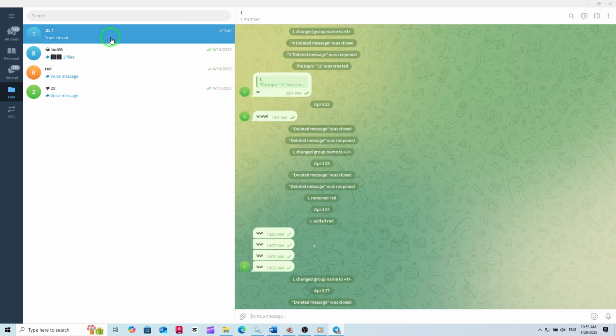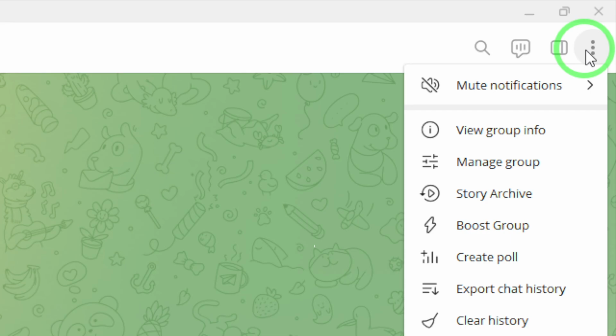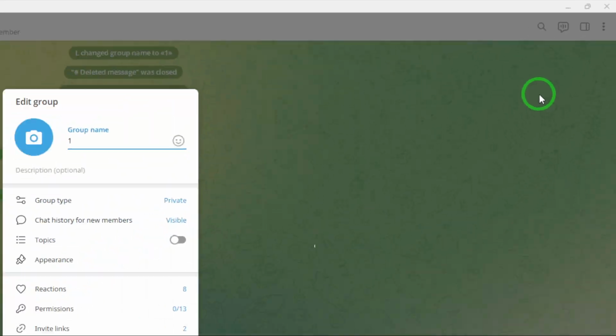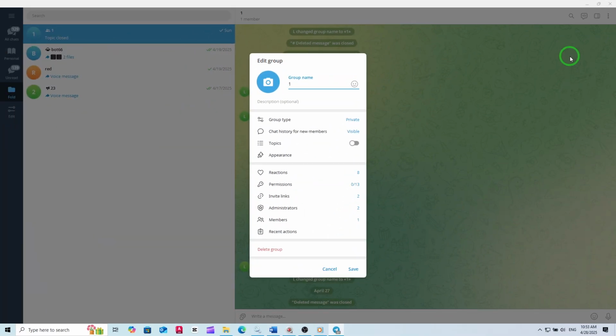At the top right corner of the group window, you'll see 3 dots. Click on these dots to open the Group Options menu. Then select Manage Group. This will take you to the Group's Settings panel, where you can adjust various permissions and